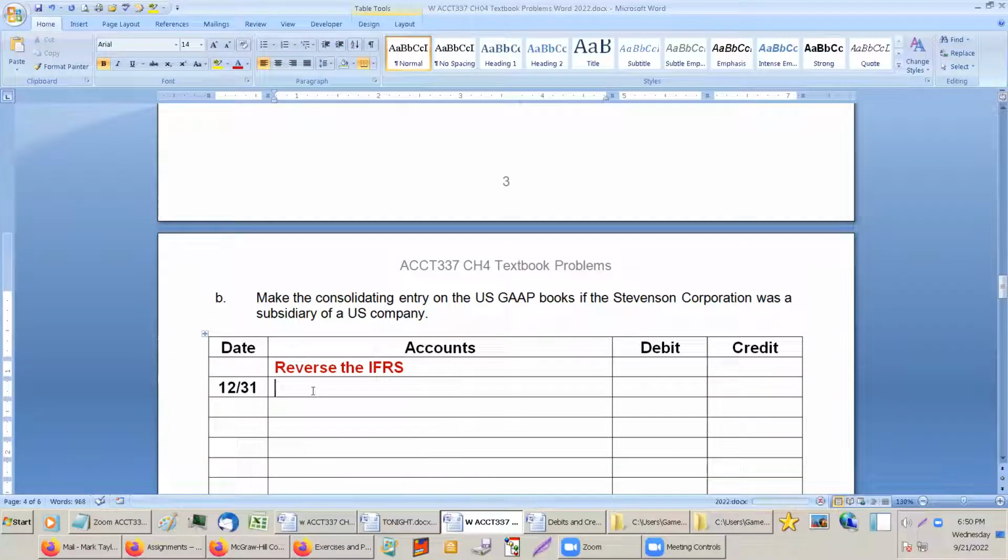So we would put, and just put it on the books as